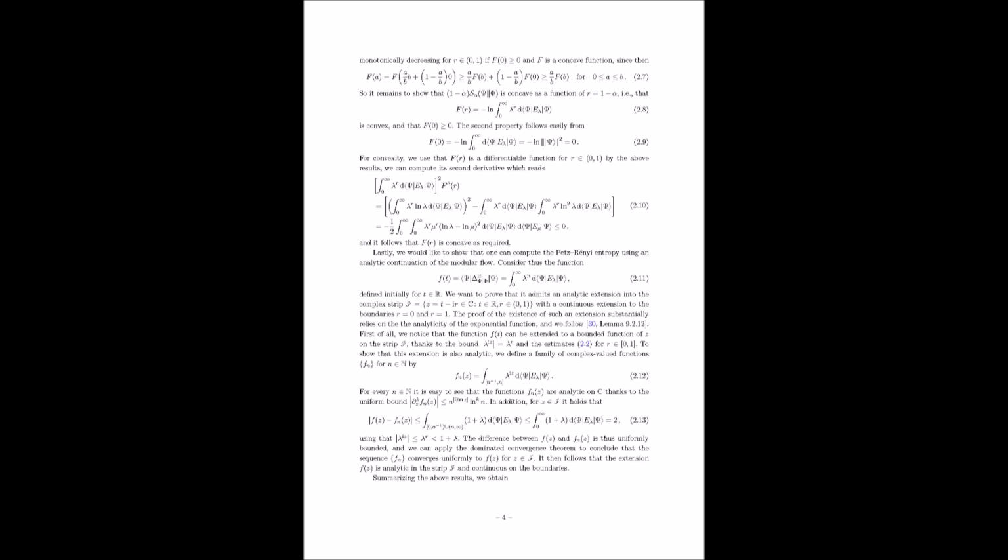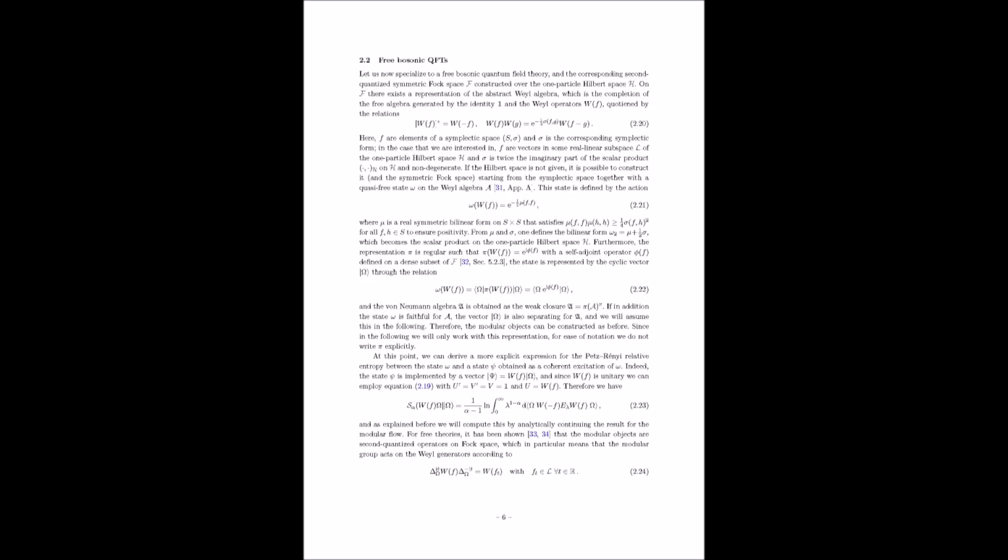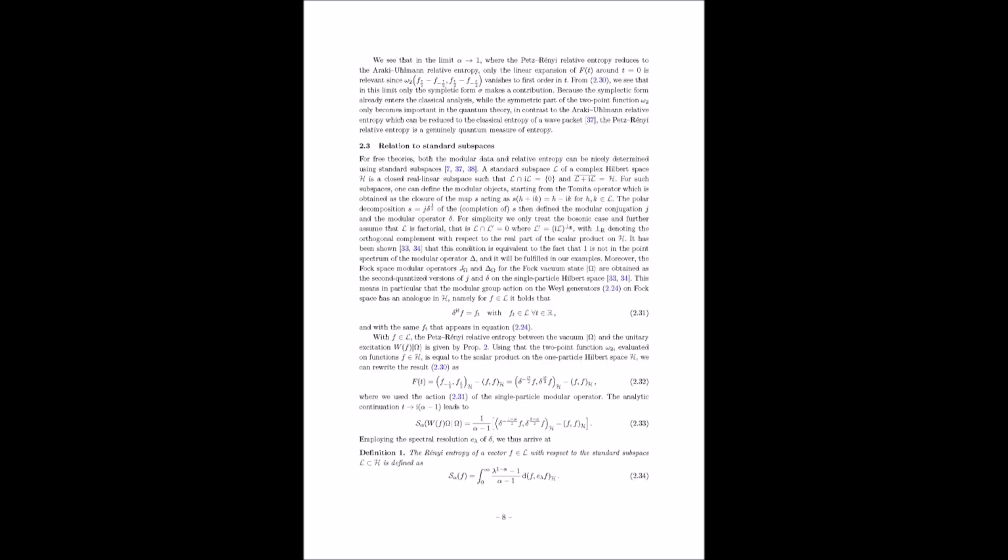And I'm guessing they checked that their result makes sense in various limits. For example, does it reduce to the usual relative entropy when the parameter alpha approaches 1? Yes, they carefully verify that their formula has the correct limiting behavior. They show that as alpha approaches 1, their expression reduces to the known result for the relative entropy of a scalar field in a wedge, which was calculated previously using other methods. That's reassuring. It gives us confidence that their approach is consistent with previous work.